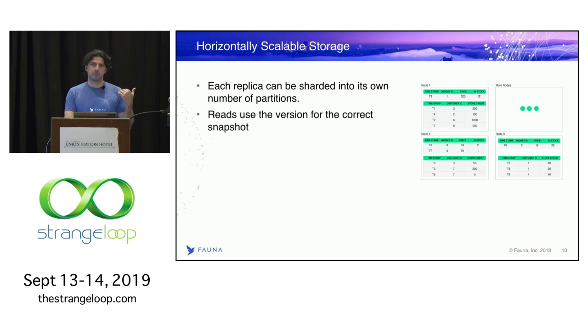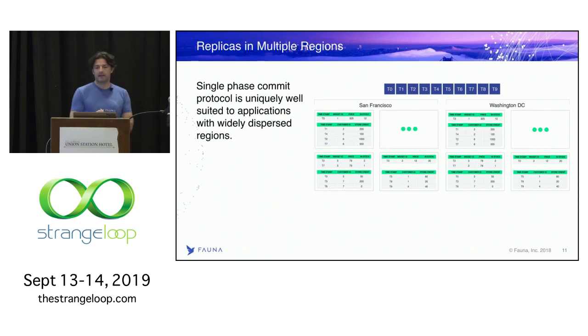The temporality, which means that for every row we are storing historical values as well, actually means that you can go back in time and query the database at any time in the past. And you can have replicas in multiple regions. So for the sake of this explanation, let's imagine that you have 3 machines in San Francisco, 3 machines in Washington, D.C., and that's it, because normally we don't suggest you run fewer than 3 replicas, but that wouldn't fit on a slide, so we'll just go with 2 here.